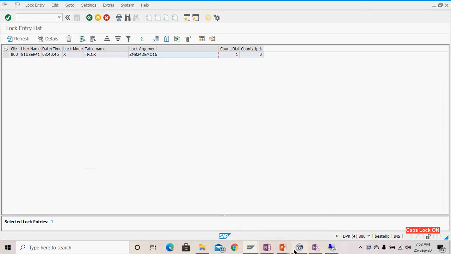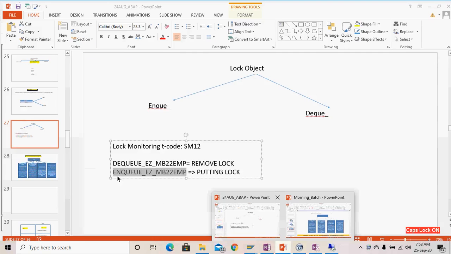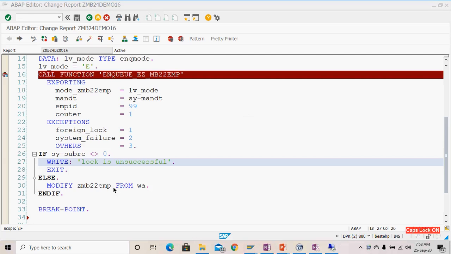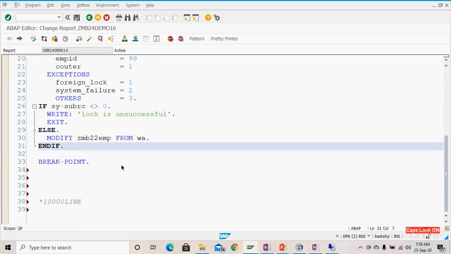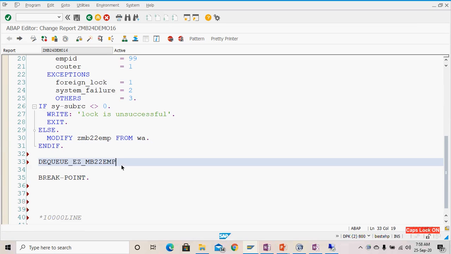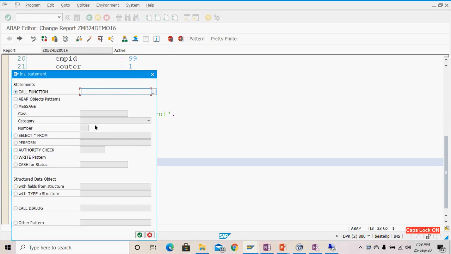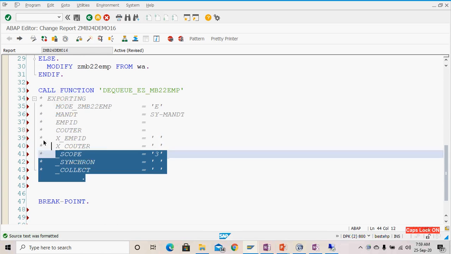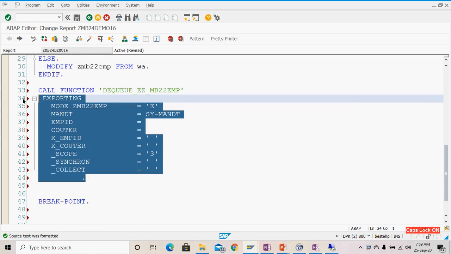So for that purpose, actually, we have the second function module. However, if you don't use this one, the lock will be released automatically after the session. But it's better practice, whenever your work is done, to quickly remove the lock after that. So go to pattern and give this dequeue function module and remove the lock. Okay, so enable this one,